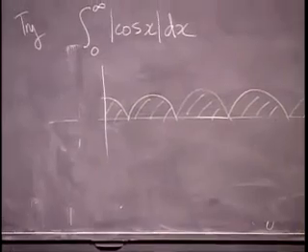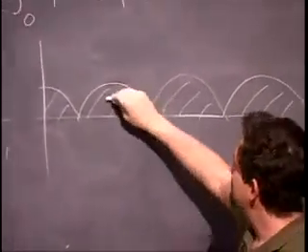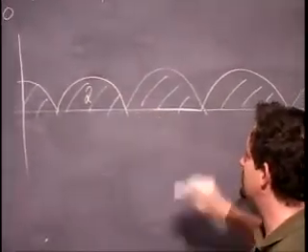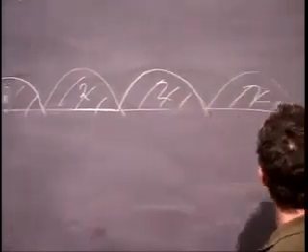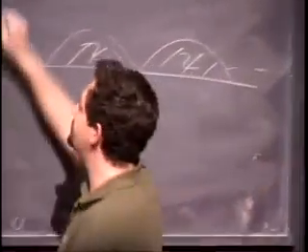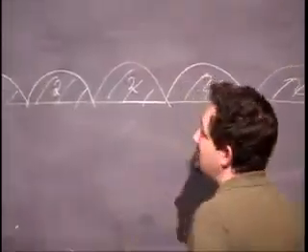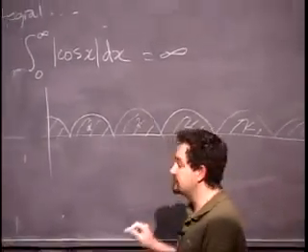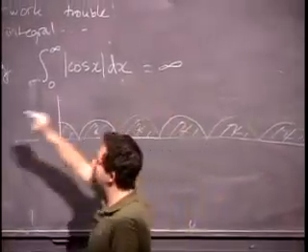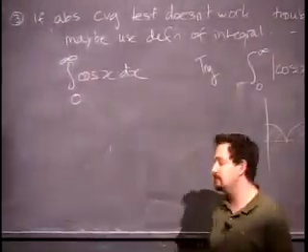And so on. Each of these waves is identical, and they're all 2, as it turns out. So 2 plus 2 plus 2 plus 2 plus 2. This is infinity. So actually, you cannot use the absolute convergence test. You learn nothing about this integral. Instead, you have to do what we did before,